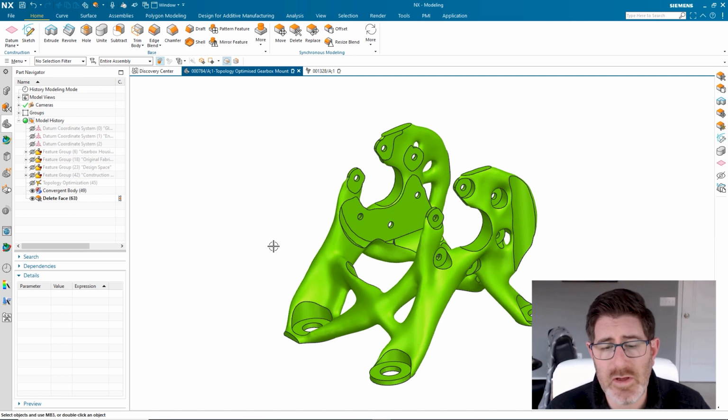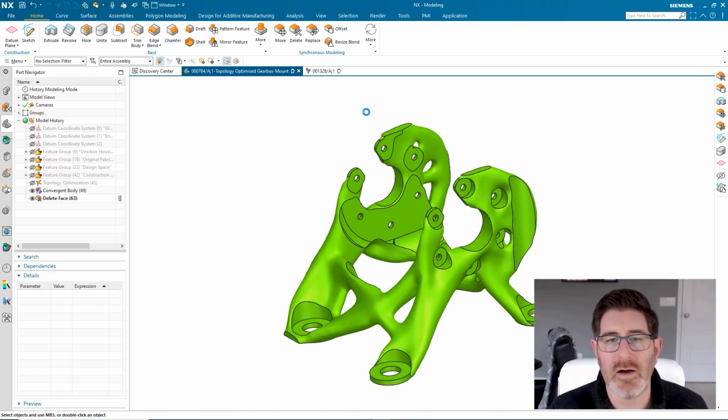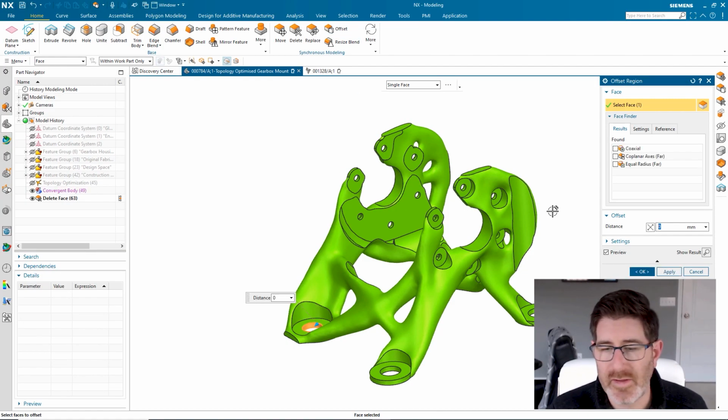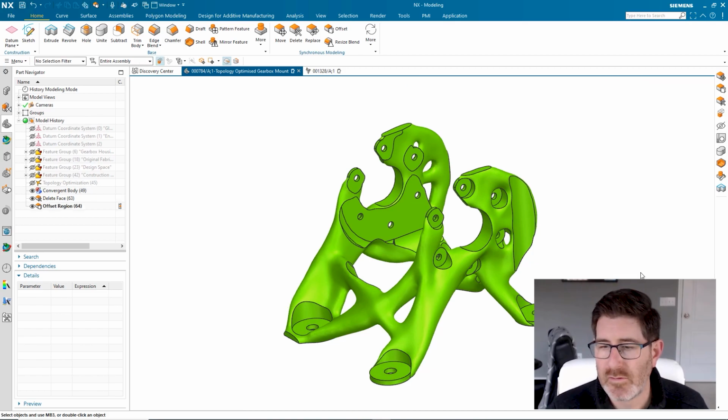First thing I'm going to do is take these holes down here at the bottom that are pretty large, and I'm going to shrink them a bit, give them just a little bit more meat so that when Joe comes along with his machining process later and drills those out, he has enough material to work with to get the exact surfaces we need. So I'm going to go to my offset tool here, and I'm just going to select the face and tell it to automatically find the rest of the faces, and I'm going to bump those in by about 5 millimeters. So basically I just shrunk those holes with one step.